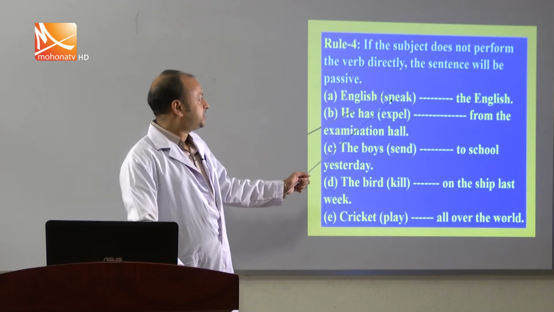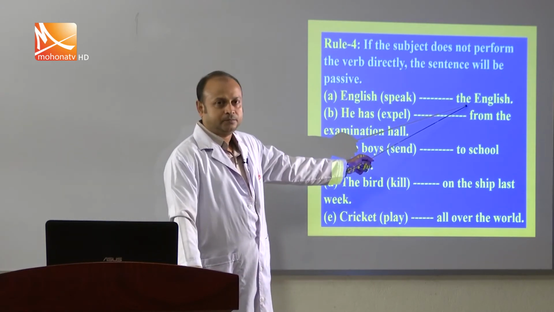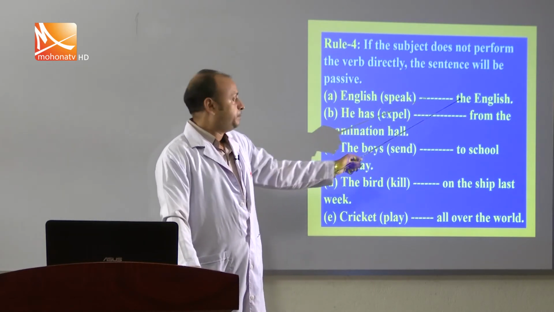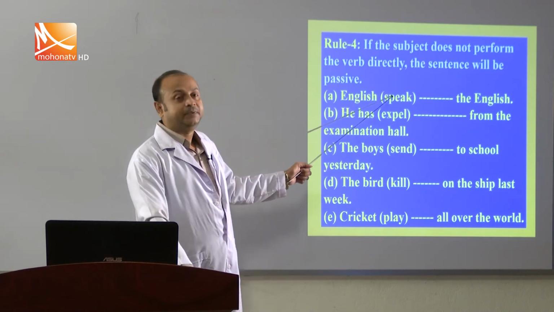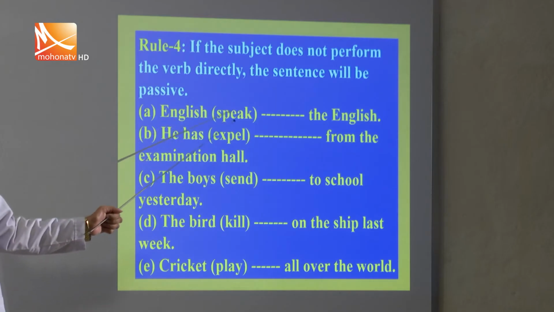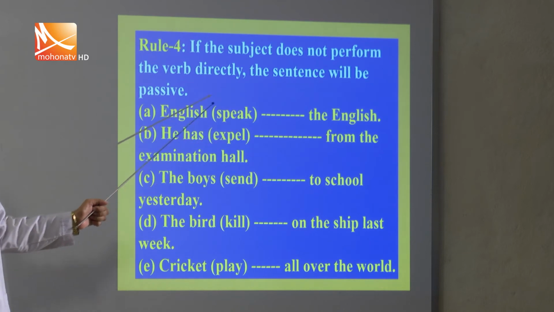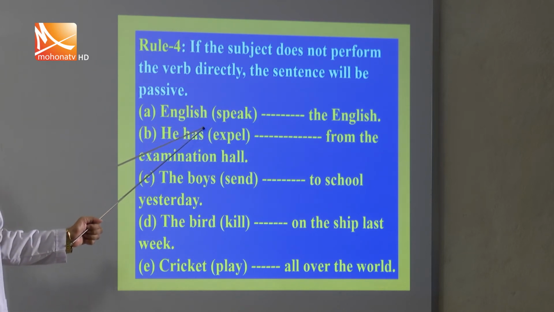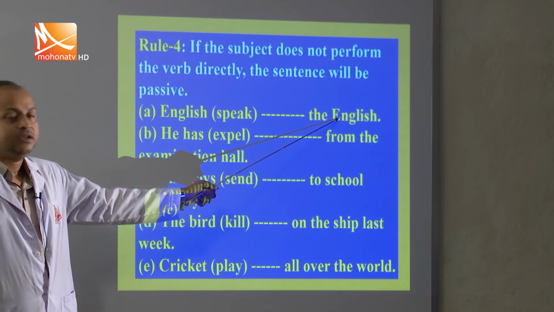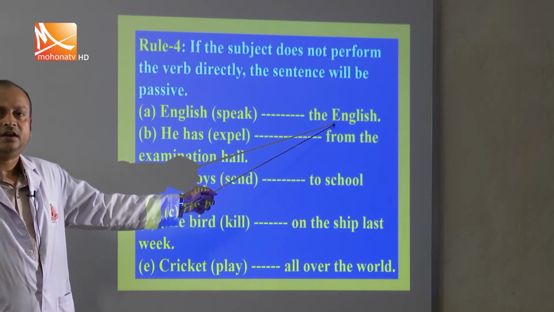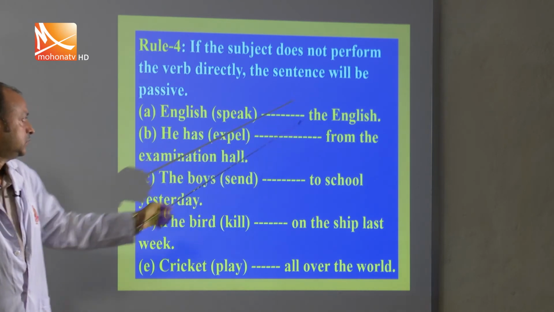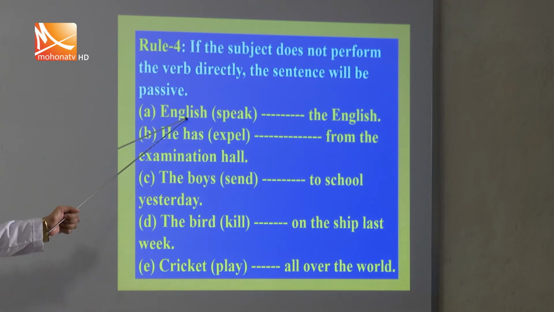So, English is speak the nation. This is not correct, because English cannot speak, it is a language, it cannot speak. So, this English language can be spoken by the English, because the English is the nation here. So, this is present tense, you know. So, in present tense, we know